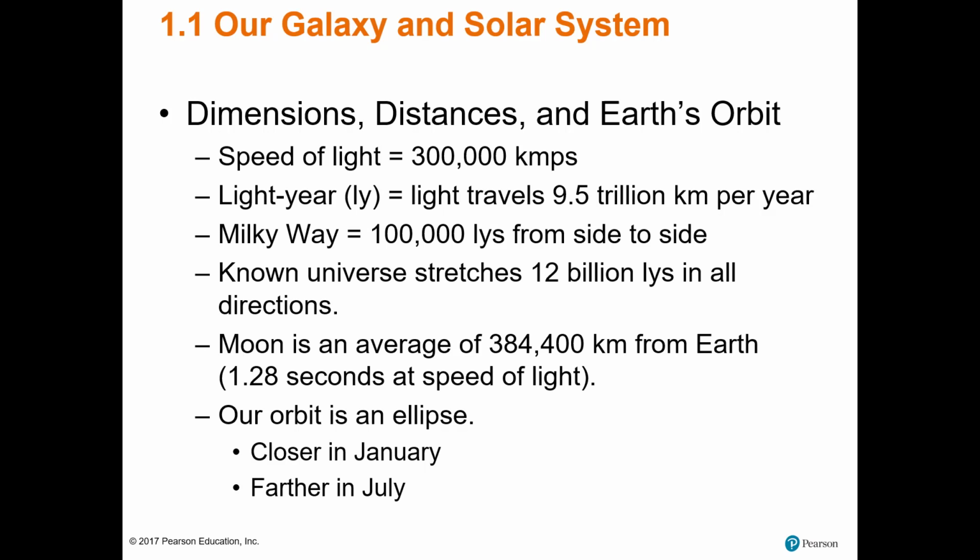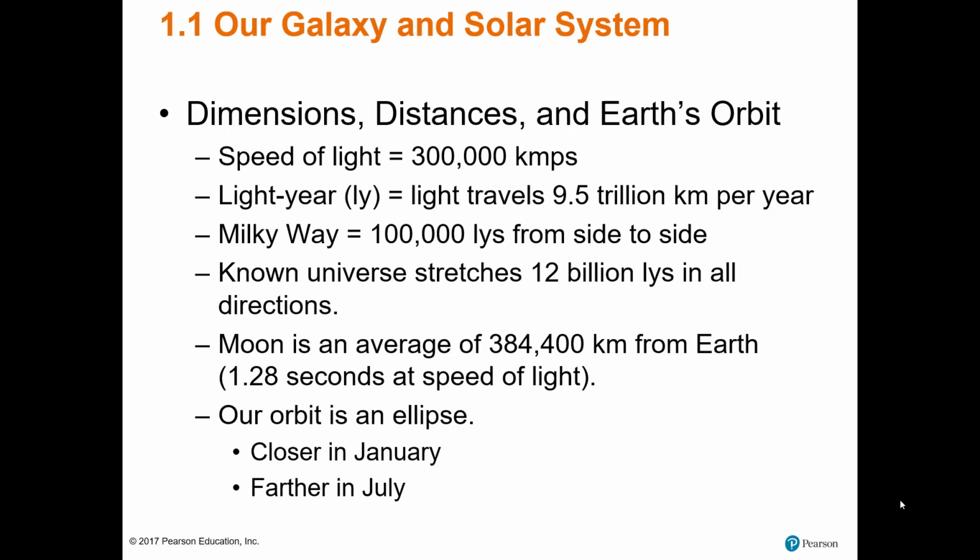When we think about dimensions, distances, and Earth's orbit, the speed of light is 300,000 kilometers per second. A light year is where light travels 9.5 trillion kilometers per year. So that's the distance that light would travel in 1 year. And so the Milky Way is actually 100,000 light years from side to side. Our known universe stretches 12 billion light years in all directions,